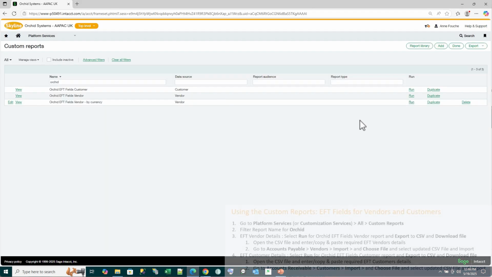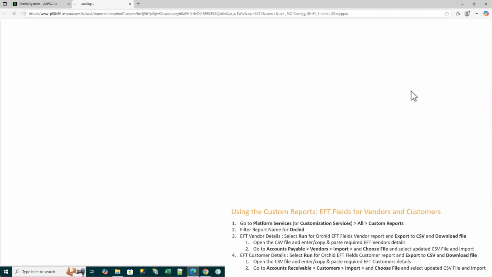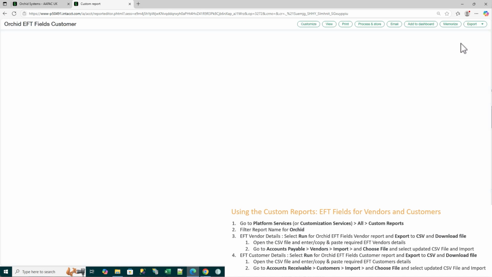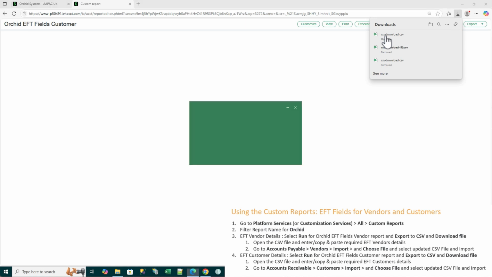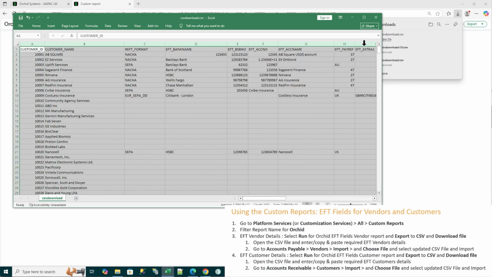And similarly, to import EFT details for your customers, you could run the Orchid EFT Fields customer report, and this has the predefined columns for EFT already included, and it will be selecting all your customers, and you would export to CSV, download that file, and then we can open up that downloaded file. And here we can copy and paste the EFT details for our customers